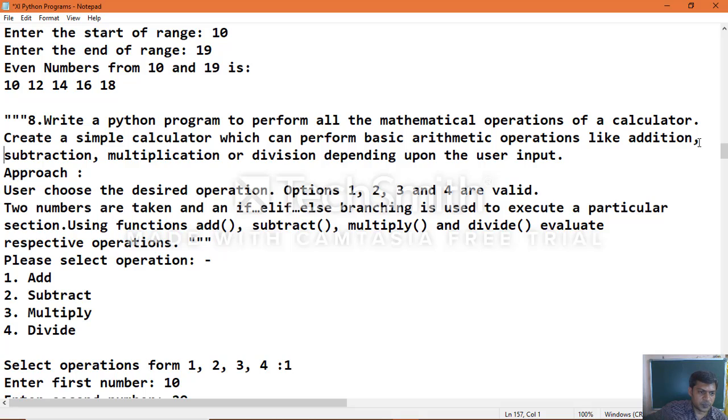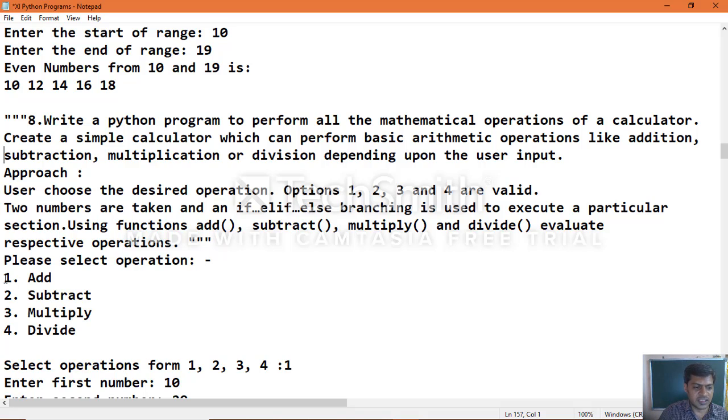You choose the desired operation, options like 1, 2, 3, 4 are valid numbers. Two numbers are taken and an if, elif, else branching is used to execute a particular section. So we'll be using branching, that is if conditions, different forms of if condition, using functions add, subtract, multiply and divide to evaluate the respective operations.